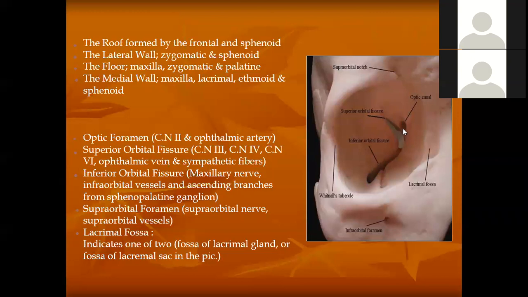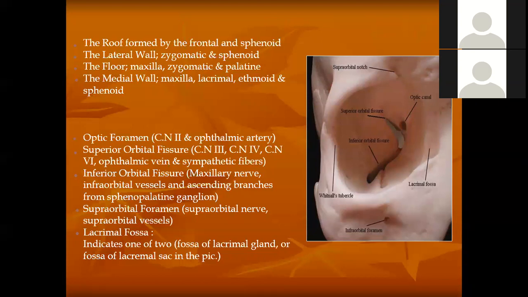This is a bony canal, and this is again made up of a very thin plate of bone, which can get easily fractured whenever there is damage to the eyeball. Whenever there is a blow to the eye, any blunt injury, this optic canal can get fractured, and it will lead to damage to the optic nerve, which is passing through it.